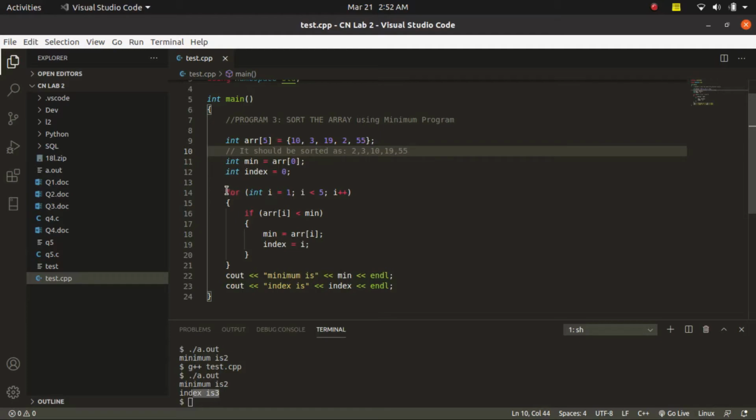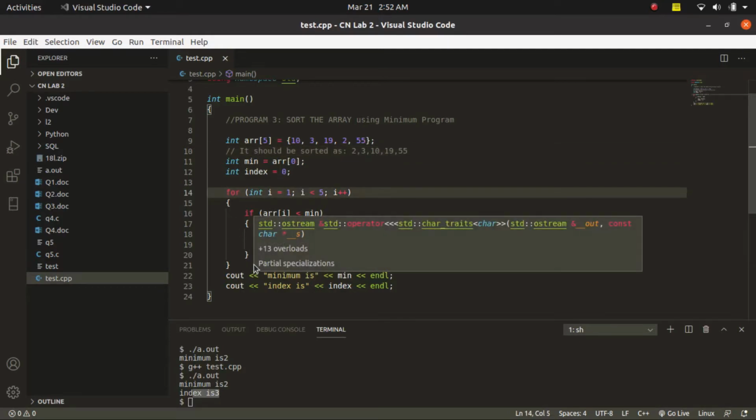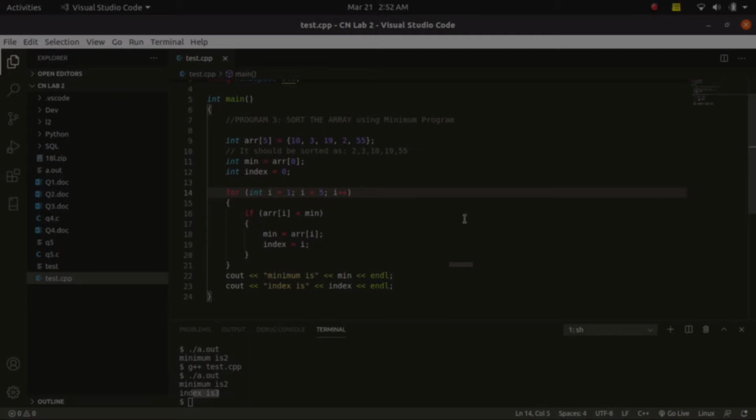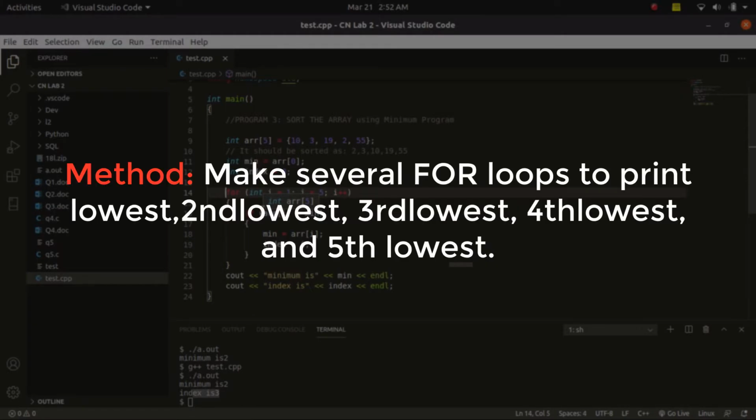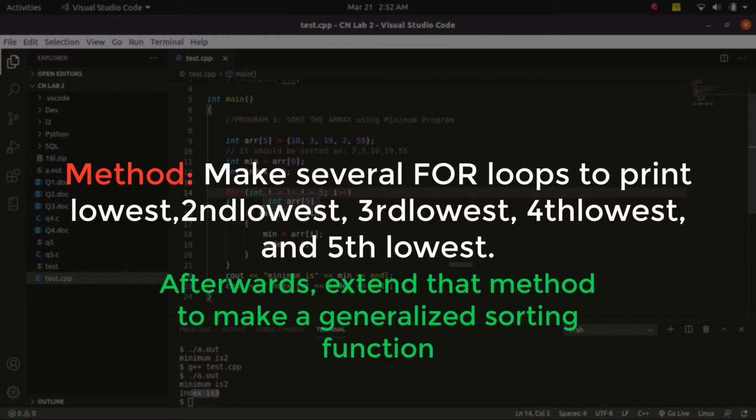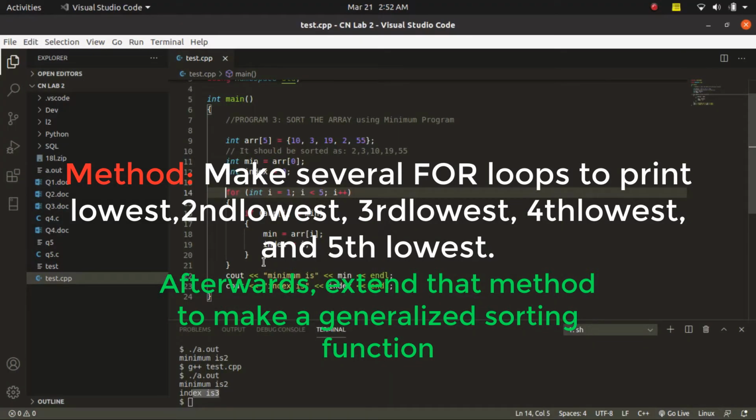We will be coding along the way, and then we will make the efficient code in the last generalized version of what we start in the beginning. So initially we will make several for loops and find each minimum in the array. First we'll find the minimum element, and then the second minimum, and then the third minimum or the third lowest, and then the fourth and the fifth. So that is by definition the sorting of an array as well. After we have developed that, we will do a nested loop and see how we can simplify things. But first we will do this bad approach and see how we can improve ourselves.